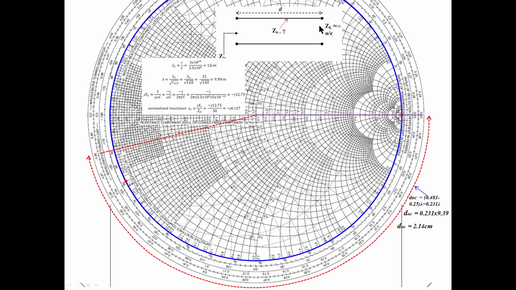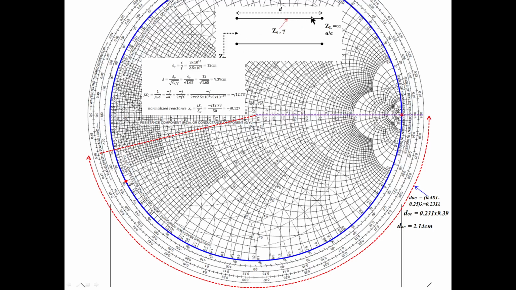So this is our open circuited line, and we have to move over this transmission line. Mark the load here and draw the VSWR circle. From the load point, ZL equal to infinity, move over the VSWR circle, which is nothing but moving over the transmission line towards the generator. Clockwise only we have to move from here, go on moving like this.